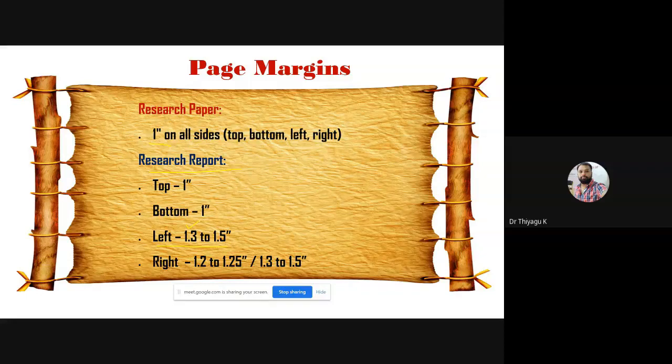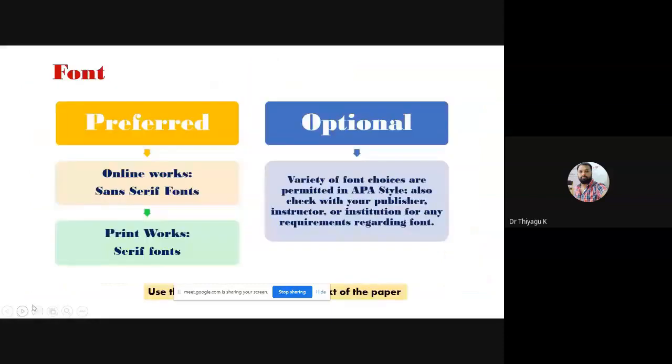But if you go with the PhD level, there may be more than 200 or 300 pages. If you keep 1.25, most of the content goes inside the binding area. Therefore, it's better to go with a 1.5 left margin. The right margin, you can go with 1.2 to 1.25. If you go with the PhD level, you can go with 1.3 to 1.5 inches. These things you have to look at. Now I'm going to show in what manner we have to fix this in the Word file. So I'm going back to the Word file.